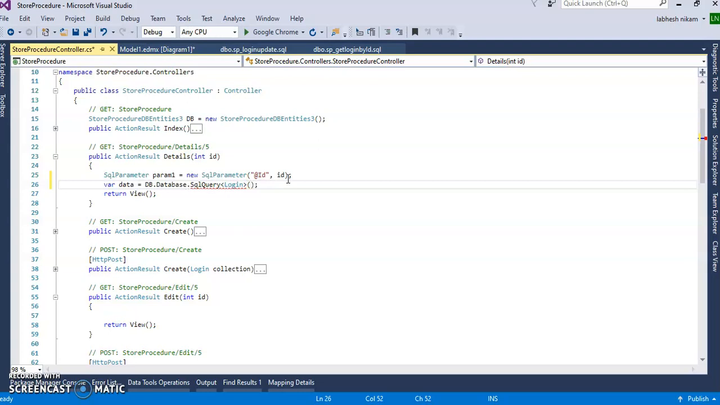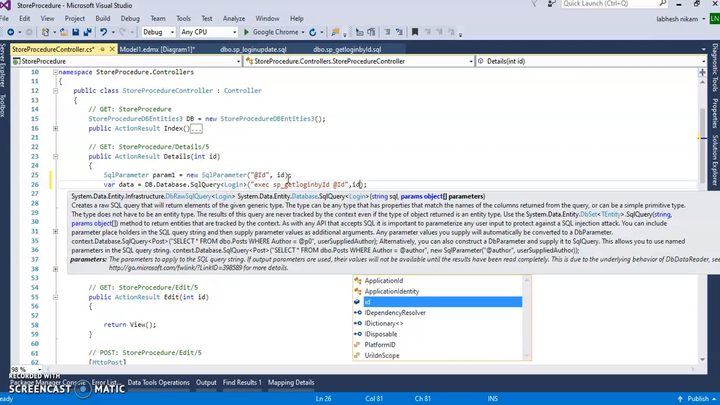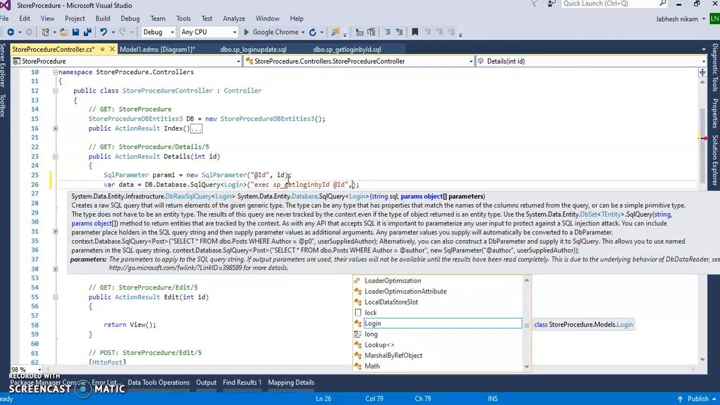Okay, and I will use execute, and the name of the stored procedure, sp_get_login_by_id, right? Where @id, and use the parameter id. Sorry, not that, it's param1. Okay, use the object param1, because we have already created the param1 object using @id. So param1,